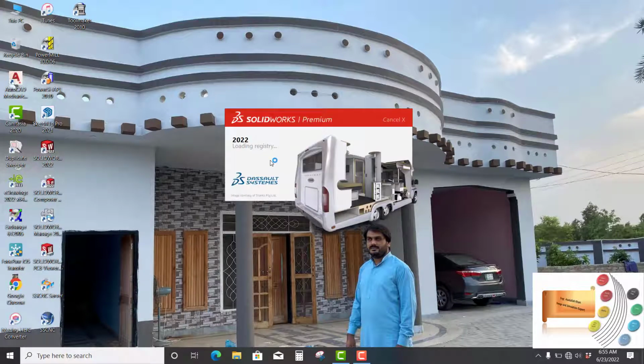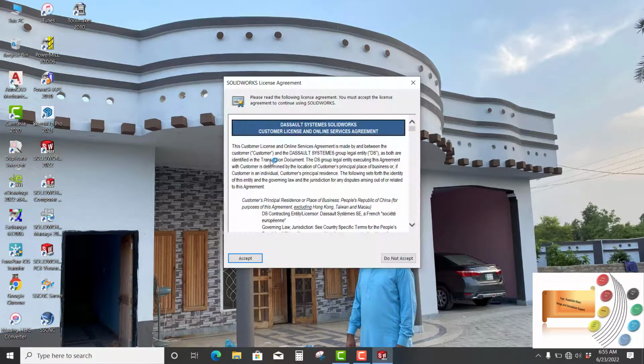Click on Solidworks 2022 and hopefully it will work. Now it's loading registry files. Oh yes, this worked now,